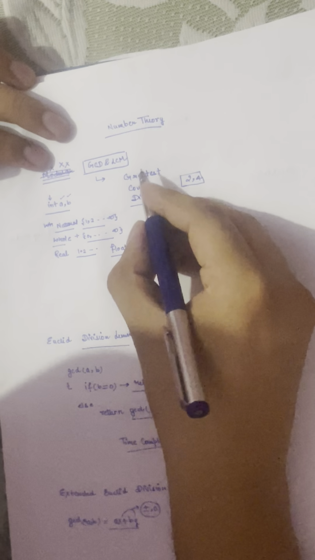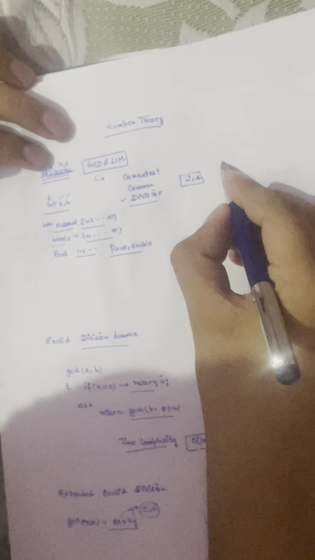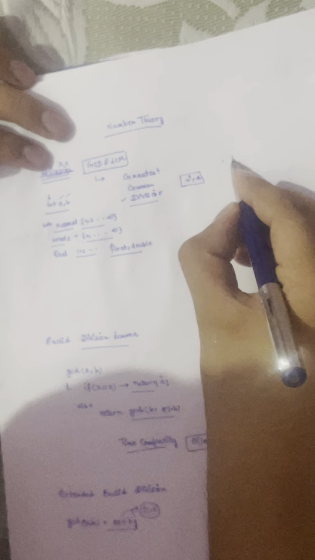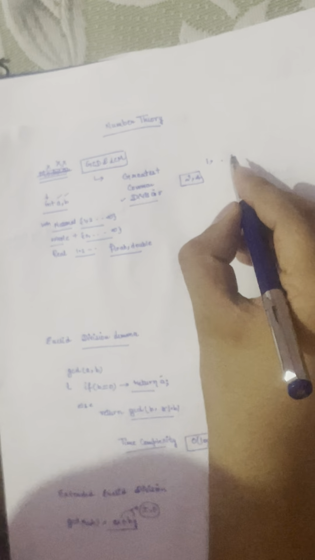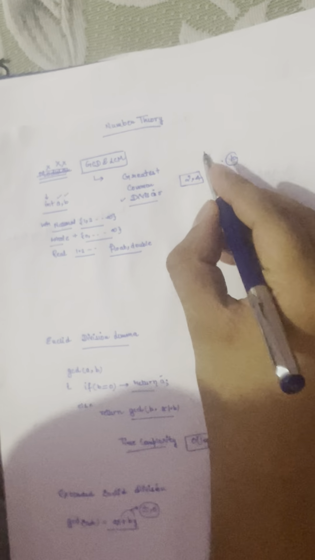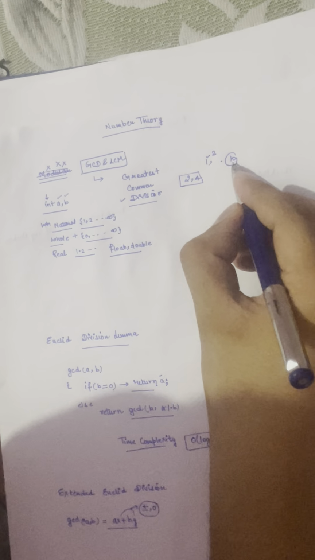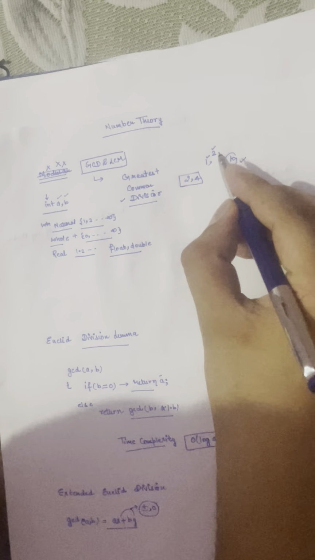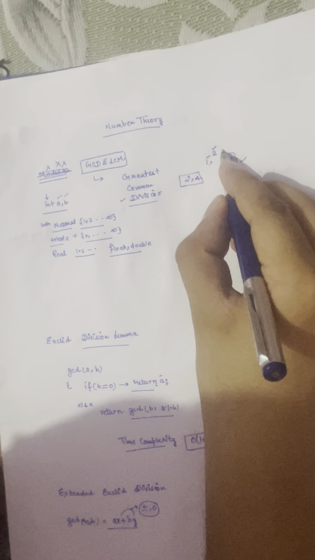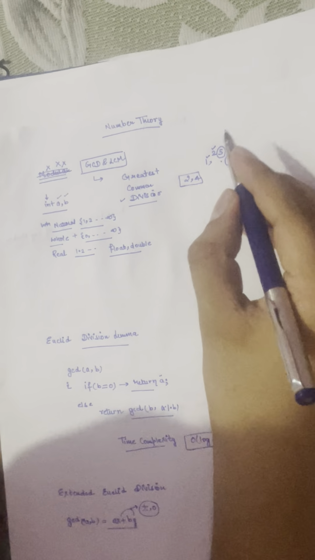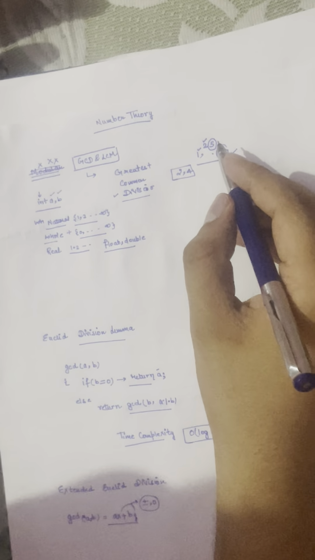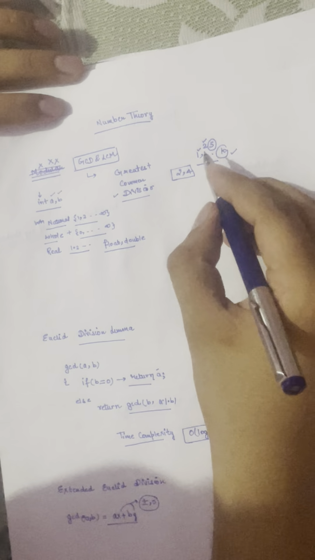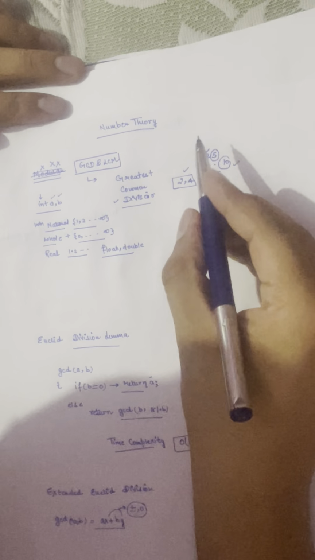By divisor, what I mean is, let's say we have the number 10. Those numbers which completely divide this number are called its divisors. So 1 is the first divisor, then 2 also divides it, so 2 is one of its divisors, and 5 is also one of its divisors. So all the numbers which completely divide the given number are called its divisors.